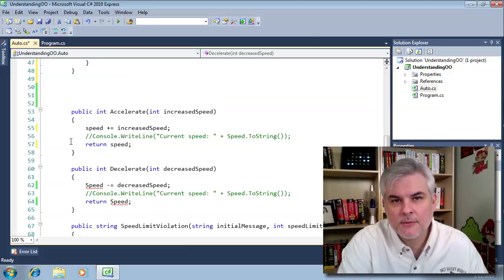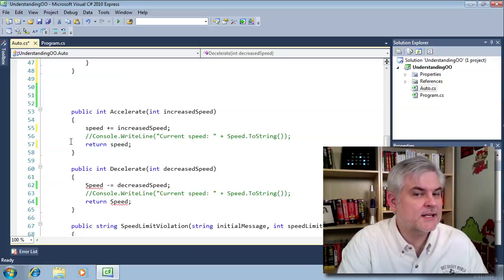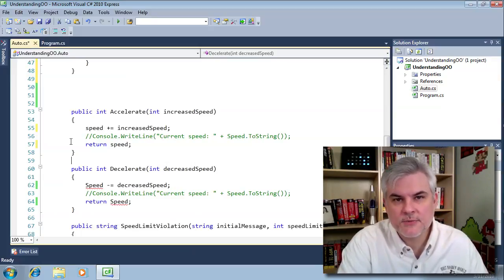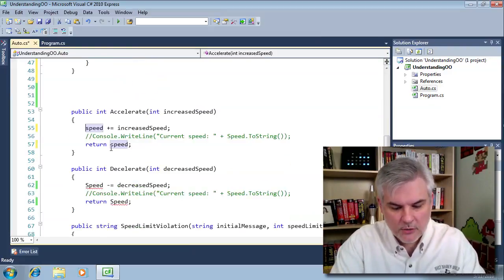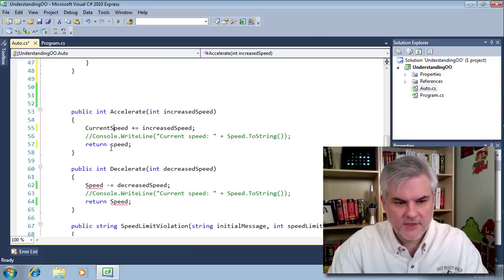Well, there may not be a problem with this per se if you're being careful, but in the previous video, accelerate and decelerate were the very reasons why we encountered the problem in the first place. We could duplicate the code, or we could just assign the code specifically to the accelerate and decelerate methods. We don't want to do that, however. So by convention, what we want to do is always use the property. Think of the property as the gatekeeper to the private field. So we always want to use the public property